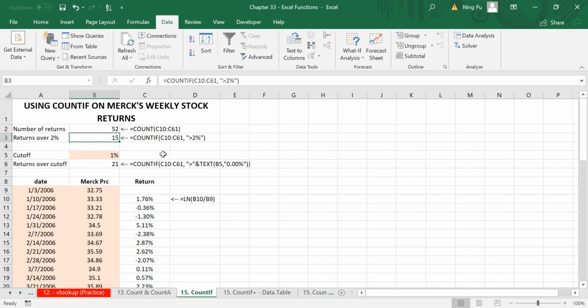A better way to include criteria in the formula is to create different cutoff points for the criteria, and then use the text function in Excel to combine the cutoff points with a desirable logical operator like greater than, smaller than, or equal. So in this example here, we create a cutoff point of 1%. We want to see how many of those weekly returns are greater than the cutoff point of 1%. So in order to use a Countif function to automate this process,